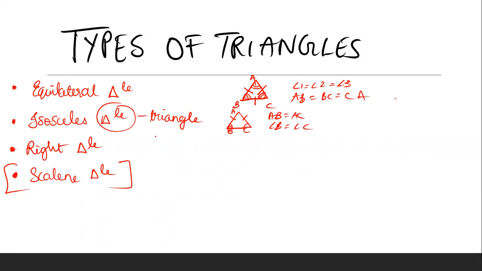Now in a right angle triangle, you will find the triangle to be somewhat like this. Let's say this is ABC, then at angle B we will have 90 degrees. So that means this is the perpendicular, and this is a 90 degrees angle. We know that this is the hypotenuse as well. So this is a right triangle. And in a scalene triangle, of course, the sides are not at all equal. So these are the basic types of triangles which we have all studied and already know.